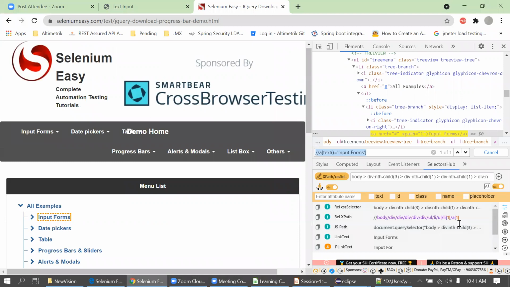Yeah, I think I got three pings. Okay. Anurag has a question: how is plugin-based XPath different from the one displayed in the developer options?